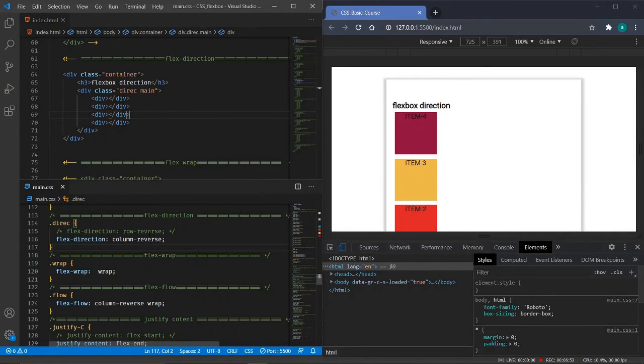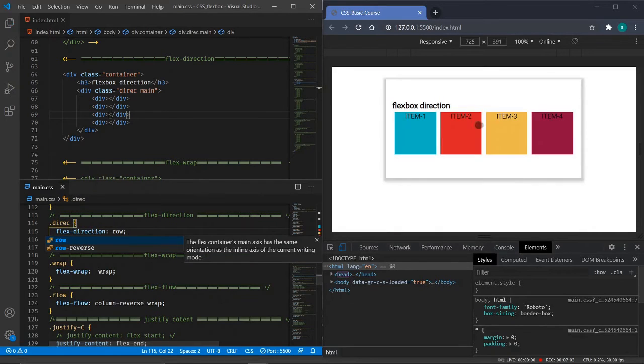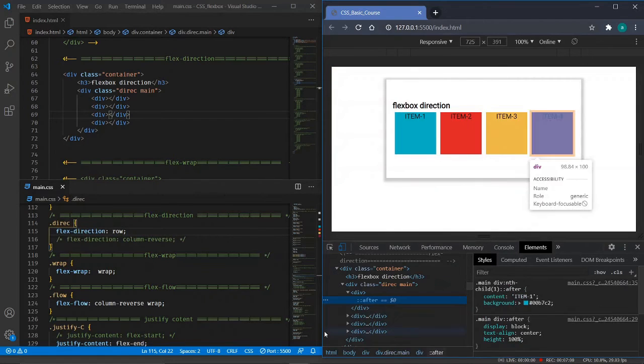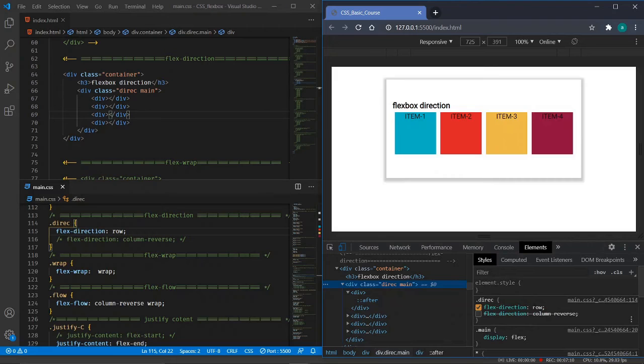First we will go with the row value. Row is the default value. Every flex container has a default value of row. As you can see here, we have the row, and we can have the row reverse. What the reverse does is arrange the child items in reverse order.